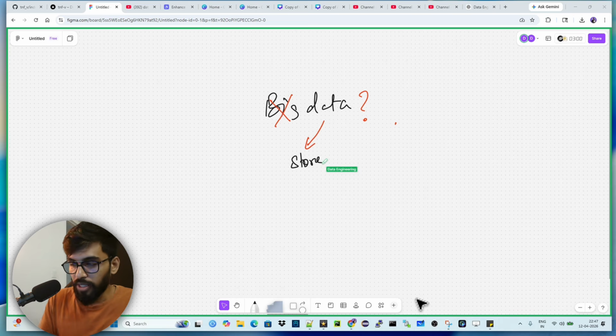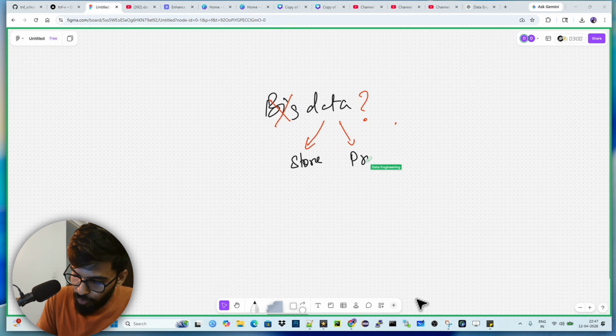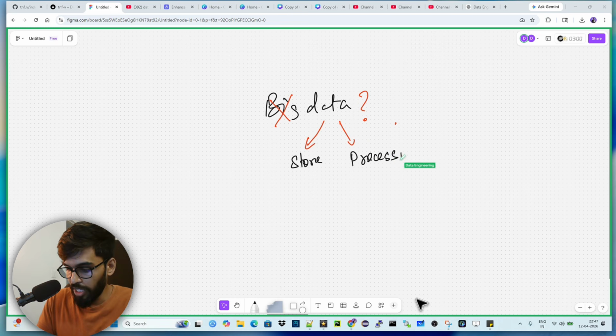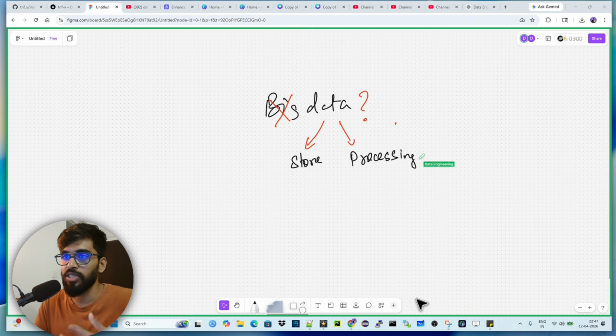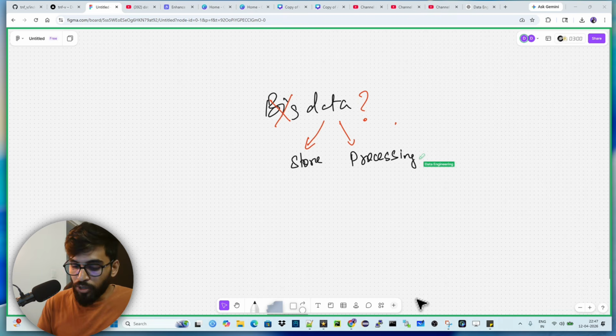Once you store the data, imagine you stored my name in your brain, and after a couple of days, somewhere in a public place, you see me coming, and immediately your brain does something to get my name, and that is processing. Your brain processes the data stored in it to get my name out, and then you say, hi Gautam. That's an outcome. So with data, we do two things: one is storage and another one is processing.